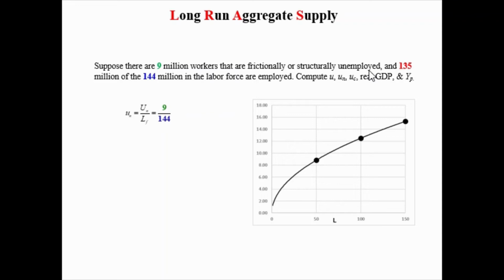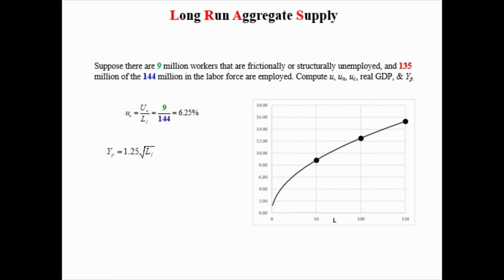So to calculate the natural unemployment rate, we take these 9 million workers who are frictionally or structurally unemployed. Those are the workers that maybe gave up a job to move out west because they want to live out west, and now they're looking for work, right? Or it could include the people who lost jobs as a result of automation, right? So this is the 9 million people who are structurally or frictionally unemployed. It's a healthy source of unemployment. We divide that by the labor force size, LF. So we have the natural unemployment level divided by the labor force, which is 6.25%.